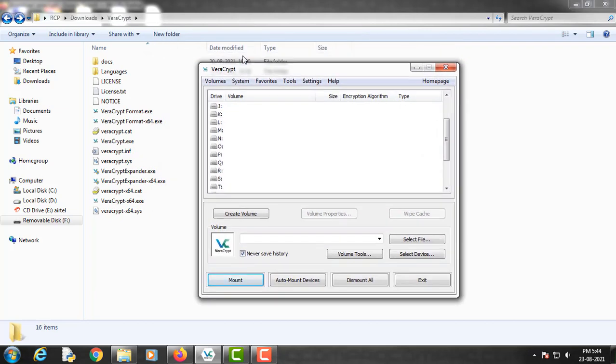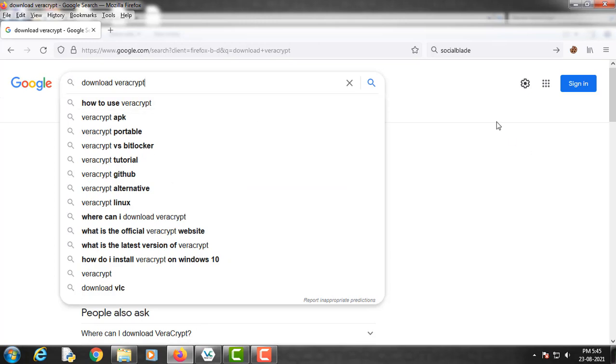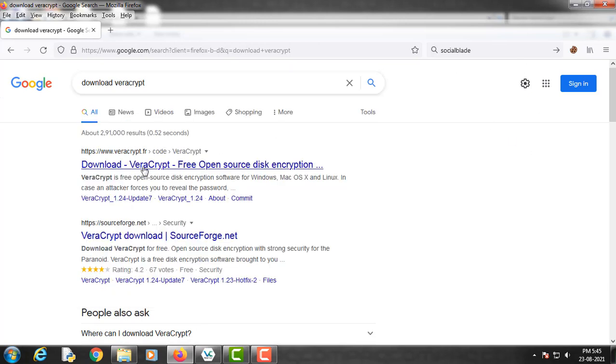So I have already installed VeraCrypt software on my Windows machine. You can open the Google website and search "download VeraCrypt" and it will take you to this website.